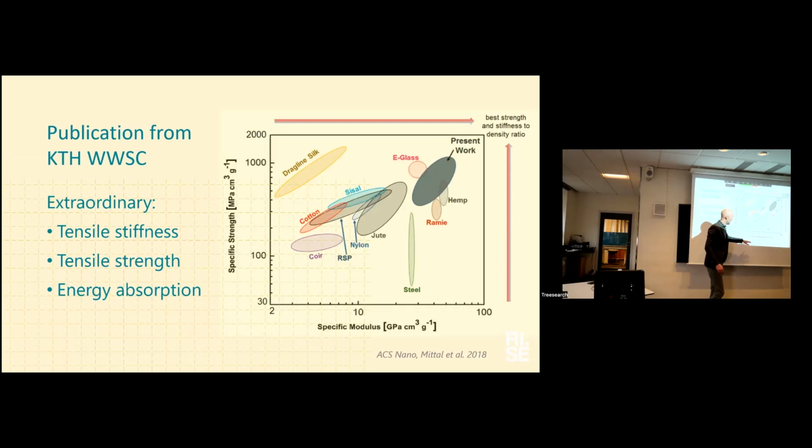Here we have a specific stiffness versus specific strength Ashby plot, where the nanocellulose filaments perform better than all the fibers you can find in nature. And this is then because we think we understand how to assemble these in a good way. And that gets us to